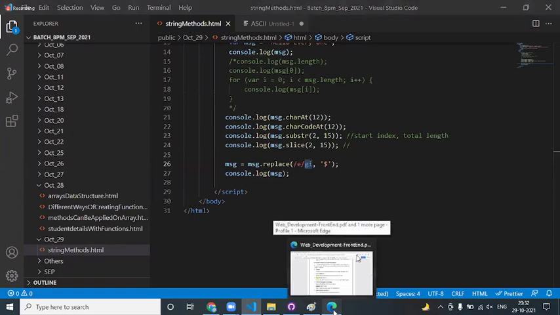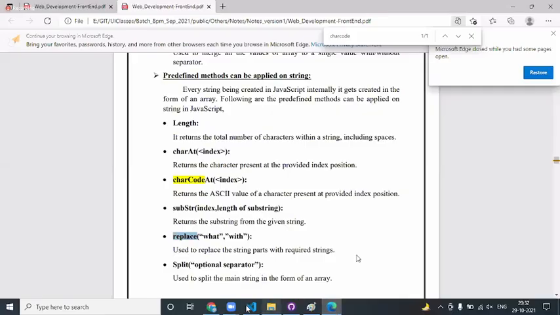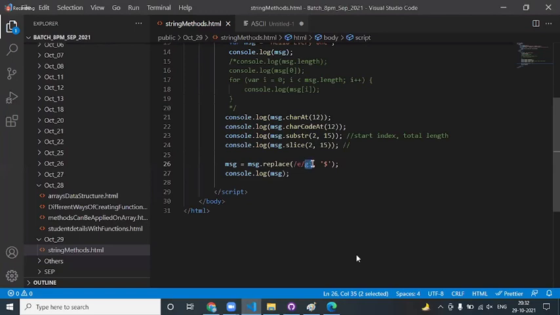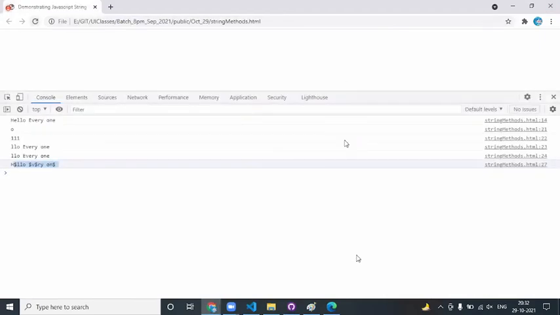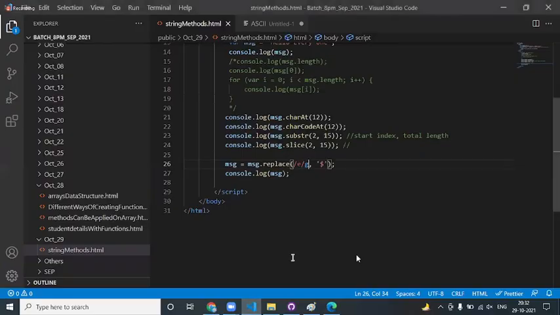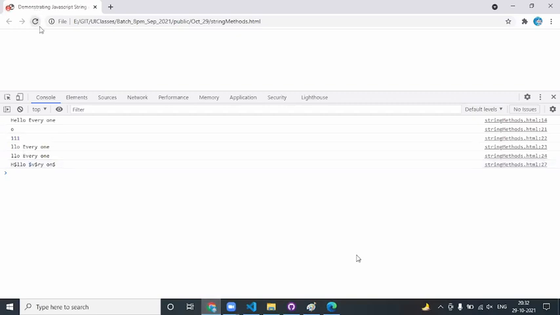So what if we give capital E? It will also ignore the case and replace it. If I don't give I, see here what happened. E is still there. The others got replaced, but capital E is still there. Now I want to say, please ignore the case when you are comparing. Don't check only for the cap C. Then it is going to replace it. Now you should be able to see it like this.